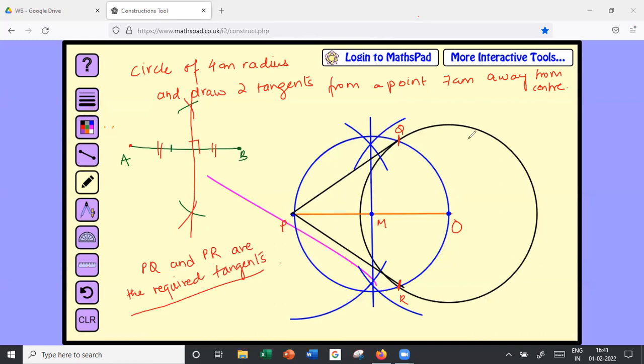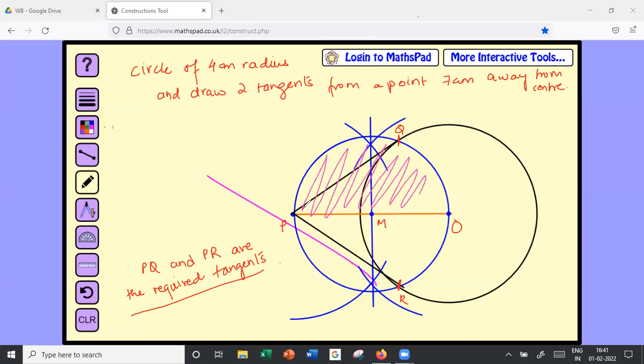Okay. Since the diagram is here, I'll quickly show you the justification first, and then I'll write the steps. I'll write it here at the side. In the justification, if you notice, this becomes a semicircle right here, right? This entire region is a semicircle. So now if I join this line, this becomes 90 degree because this is angle in a semicircle, right?